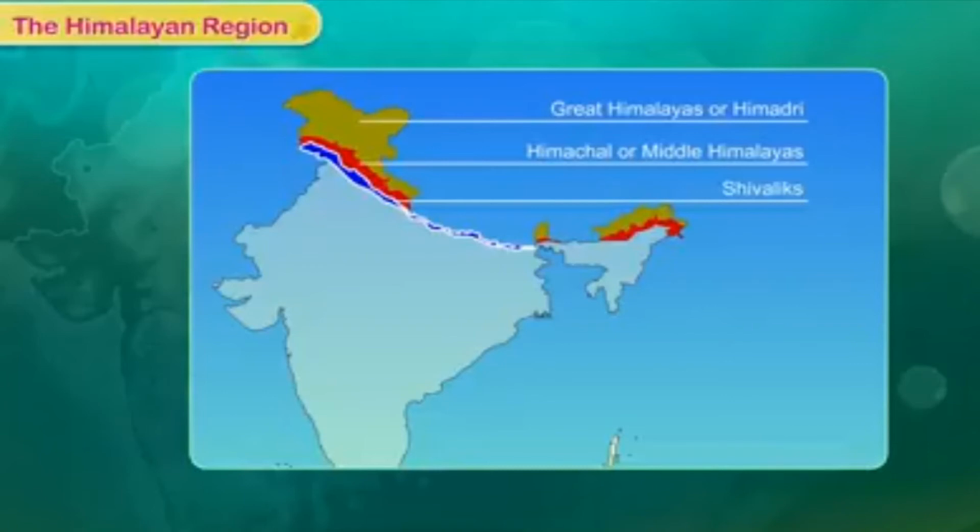And there is also another term, Purvanchal Mountains. What are these? The extension of the Himalayas in the northeast is called the Purvanchal Mountains, and they lie close to India's eastern border with Myanmar. And they too are young fold mountains with conical peaks, steep slopes, and deep valleys, but are not as rugged or tall.